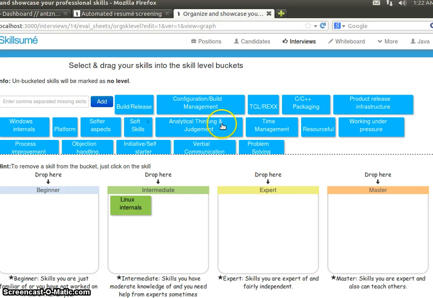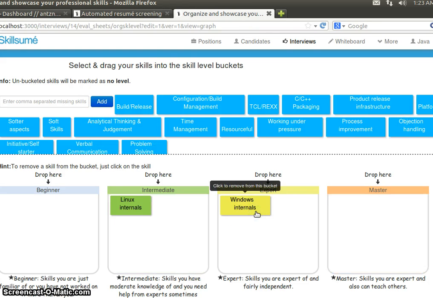All our skills are shown here in the top half. If you want to change or select the skill level of a candidate for any of these skills, all you have to do is drag and drop these skills into one of these buckets. For example, Windows internals, if you want to mark them as expert, you can drag them. The soft skills, or for example analytical thinking, time